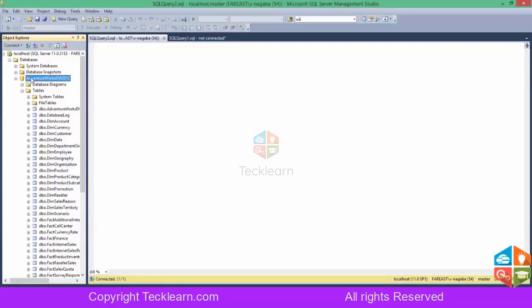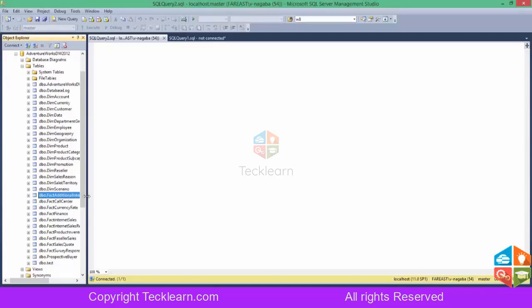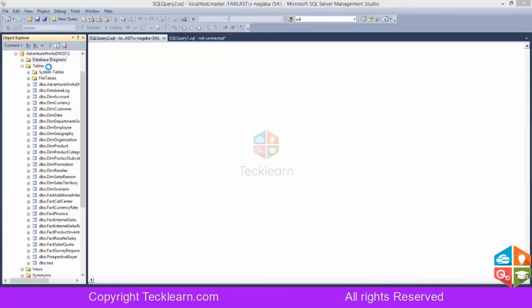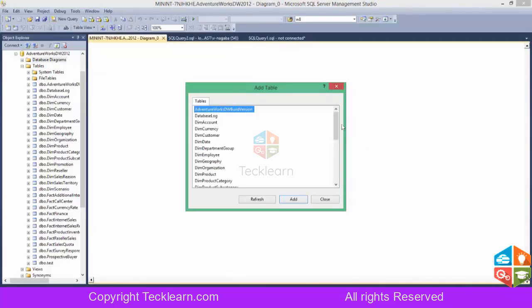So I have an OLAP here. OLAP consists of dimensions and facts. I told you facts are the numerical values, and then I have dimensions. Now, how do we actually identify facts and dimensions in an organization, and how do we design them? For that I will take one database diagram. I've already got some. I'll add them and then demonstrate.